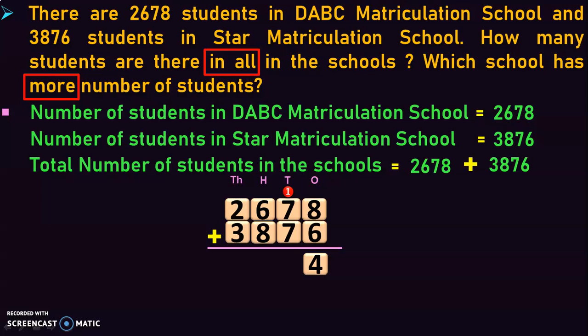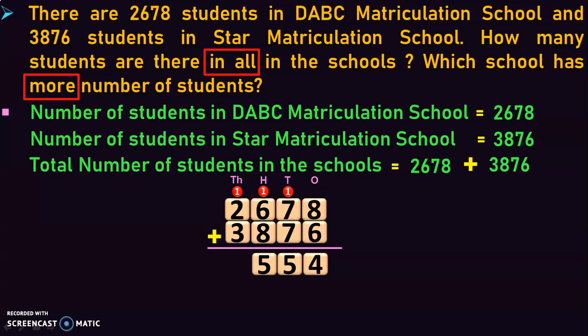place. Next, add the digits in the tens place. 1 plus 7 will give you 8 and 8 plus 7 will give you 15. So, retain the 5 tens in the tens place and carry over the 1 to the hundreds place. Next, add the digits in the hundreds place. 1 plus 6 is 7 and 7 plus 8 is again 15. So, retain the 5 in the hundreds place and take the 1 as a carryover to the digits in the